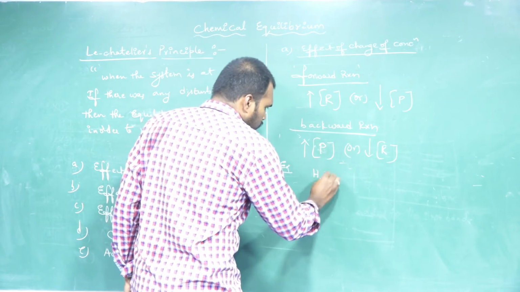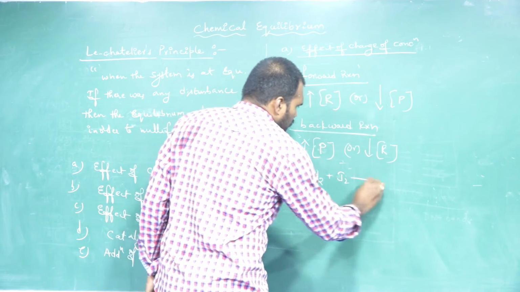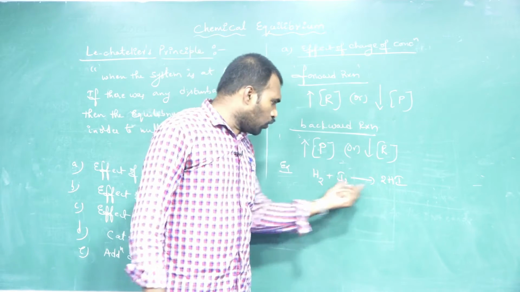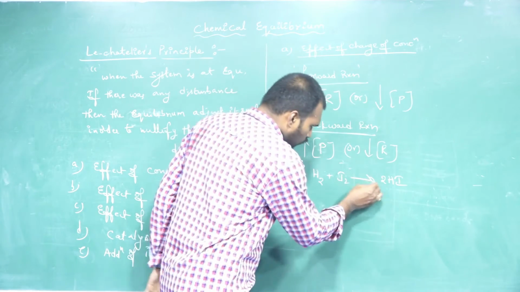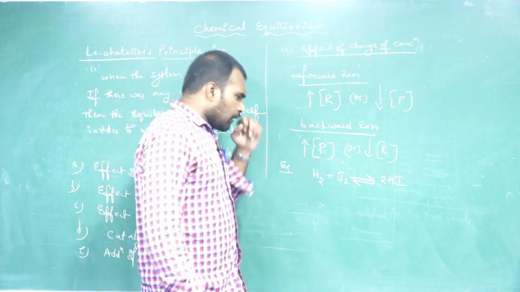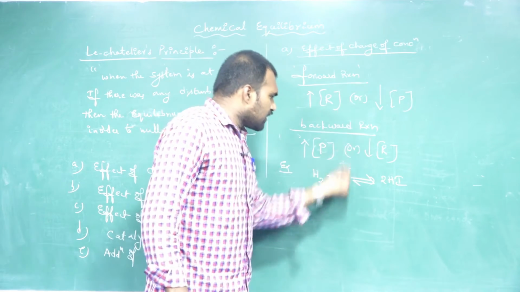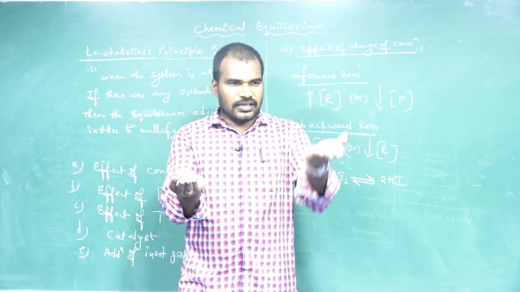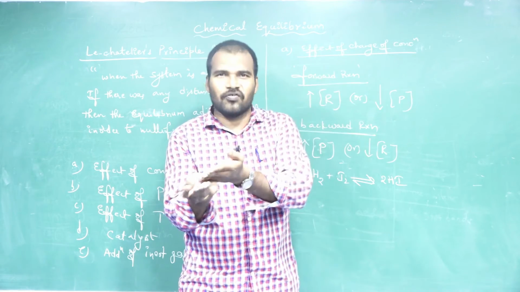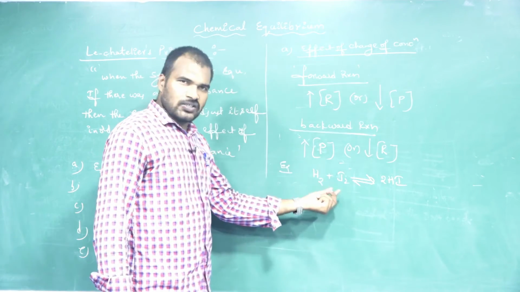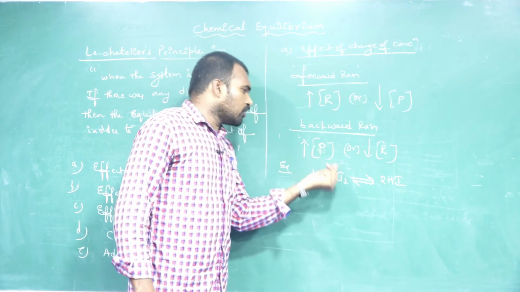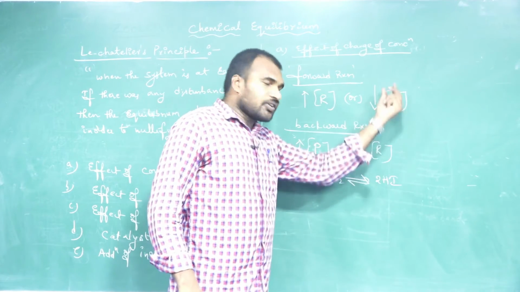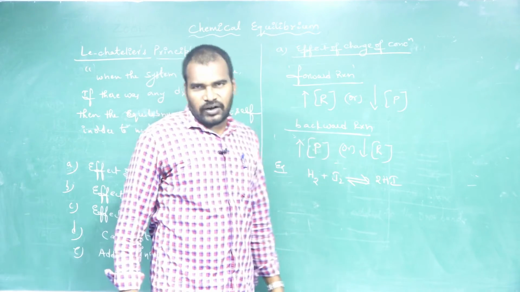He has taken H2 plus I2 gives rise to 2HI. HI formation reaction they have taken. Now they both are at equilibrium. Now suddenly what they did, they increased the concentrations of iodine. So iodine is nothing but reactants. Right? If you increase the concentration of reactants, it's favorable to forward direction. So if you increase either the concentration of hydrogen or iodine, favorable to forward direction, or if you increase the concentration of HI, it is favorable to backward direction.